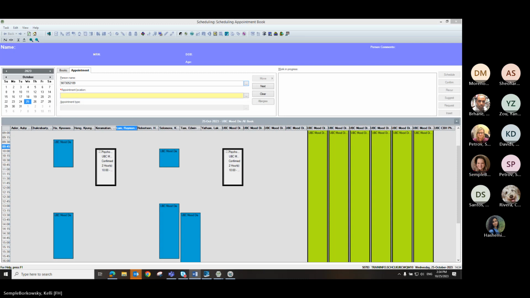Okay. We already talked about the automated appointment reminders. That's where I showed you that you would just go in and say yes, that I would like to have an appointment reminder. For the phone number attached to the AAR, if there is no phone number for you to add in there, we say that there has to be one. It will default to the main phone number in their patient file. But we do ask that you add a phone number into that list because the clerks actually access that list